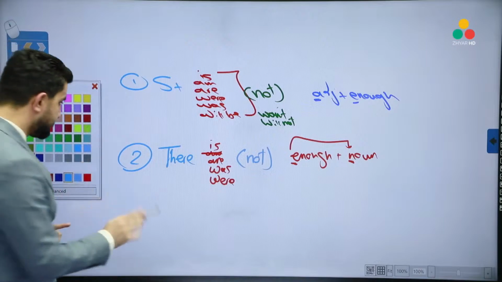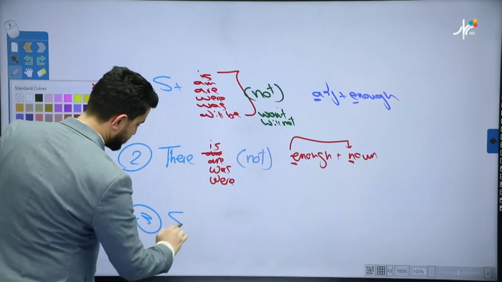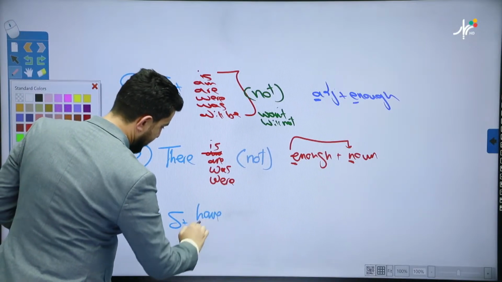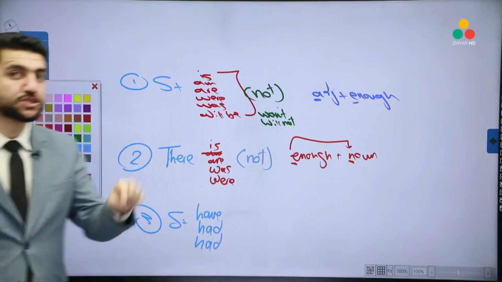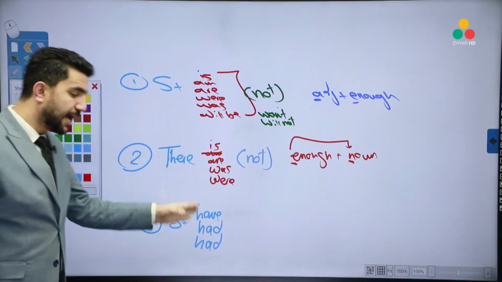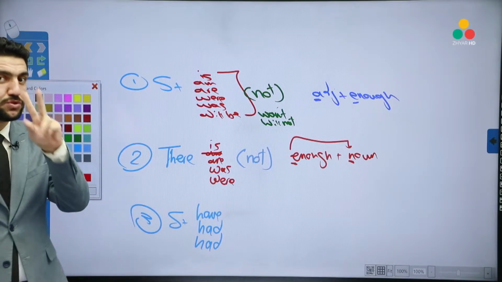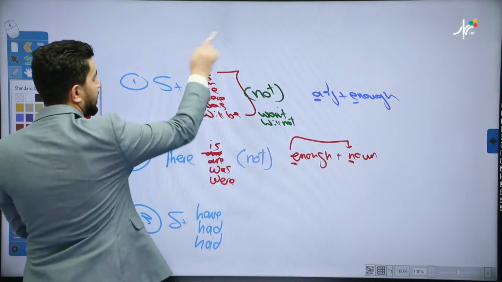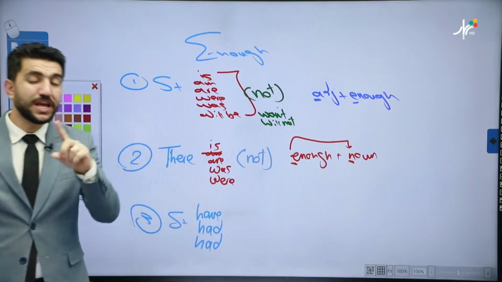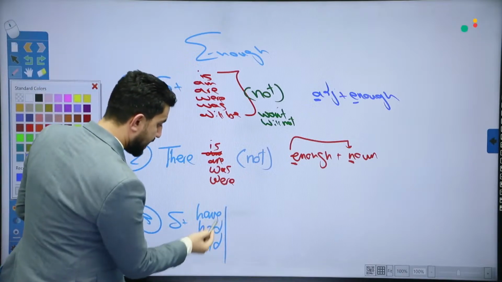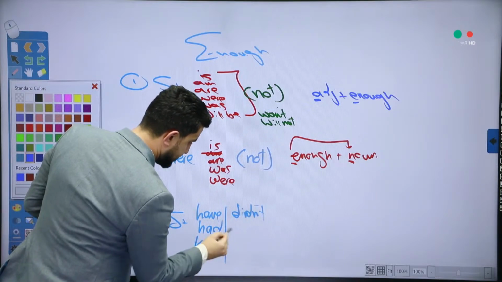The same rule as we said. The same rule, no changing. The same rule: have and has. Subject plus have, has, had. Here it gets a little bit tricky, a little bit challenging. Have, has, had. When you change it to negative, we can change it to negative in two different ways. Since we are talking about enough, right? So we need negative. If we have have, has, had, it must be didn't have,